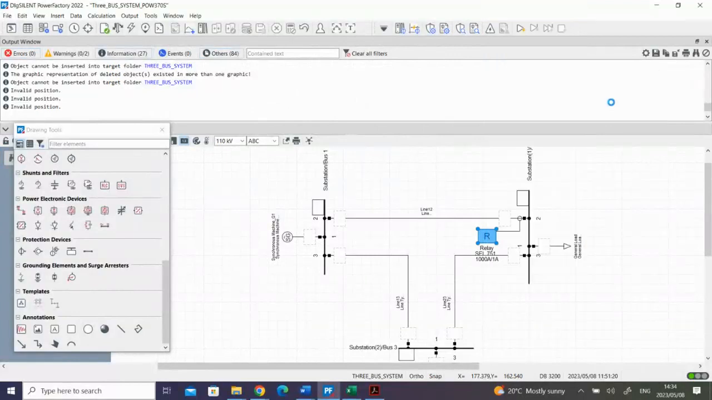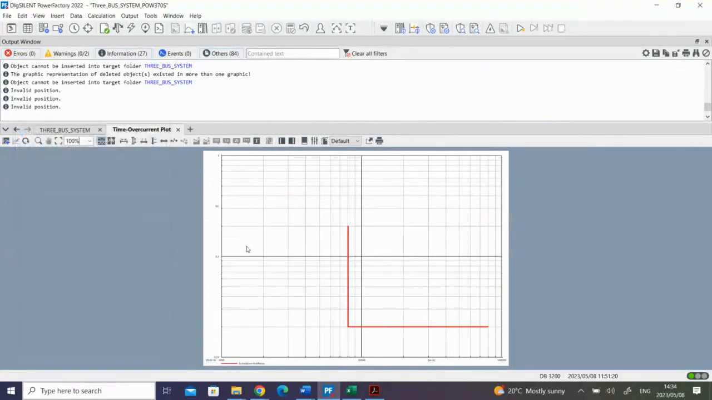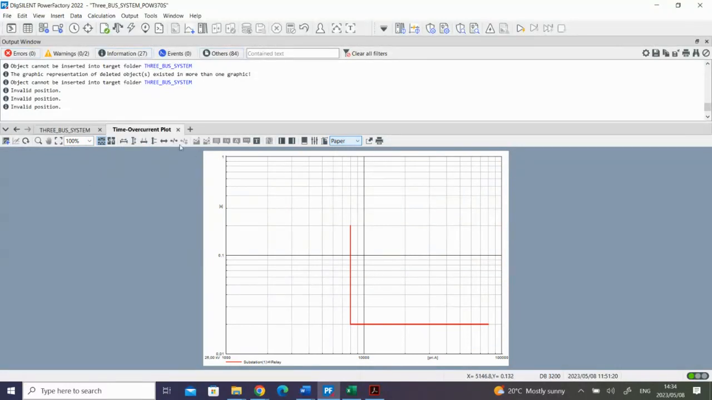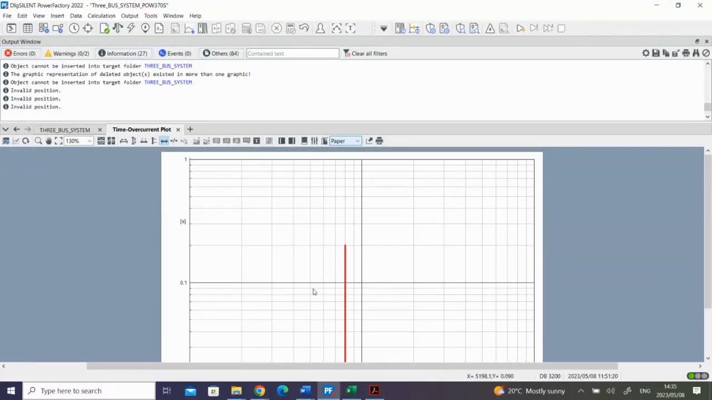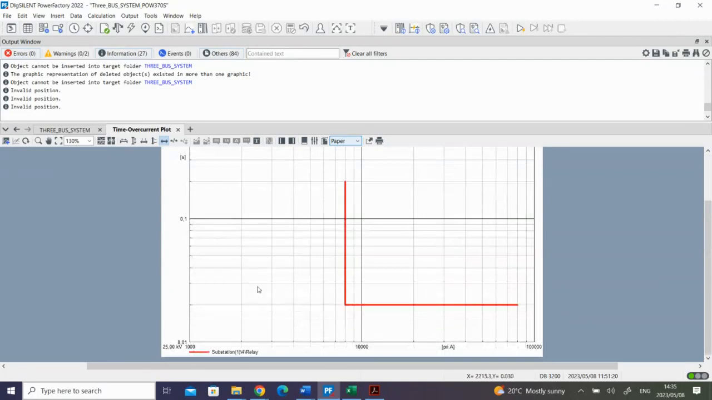If there is a relay, we can add the time overcurrent characteristic curve, and from there you can see your time overcurrent characteristic curve shown in the picture. So it's showing your time overcurrent here. Now we can apply. If I click this one,